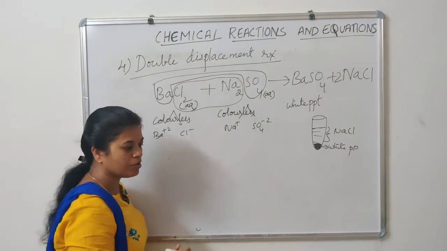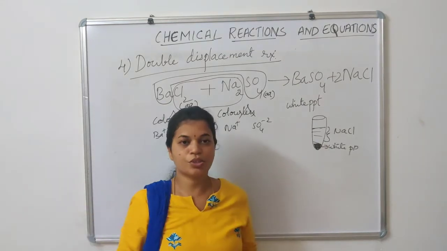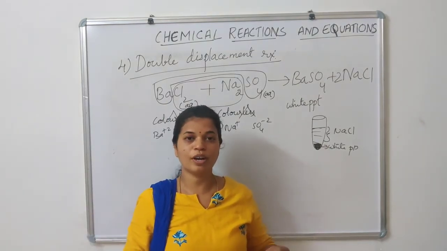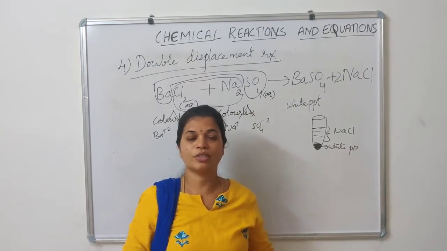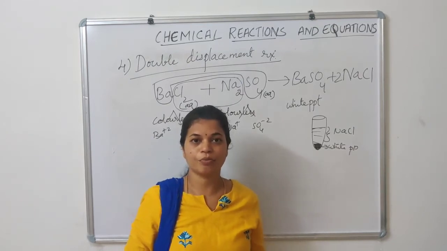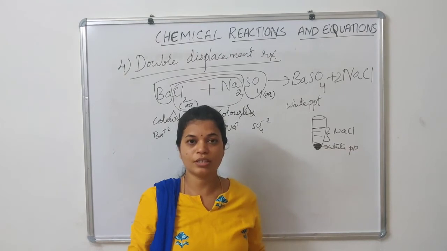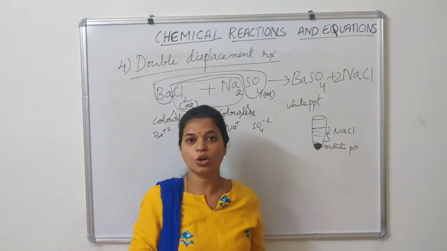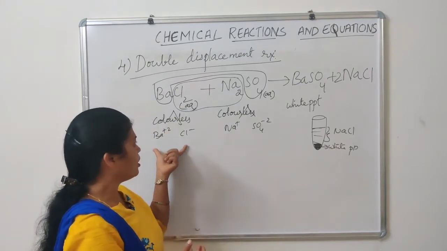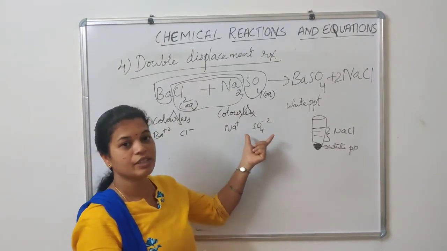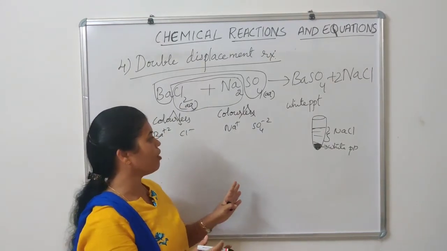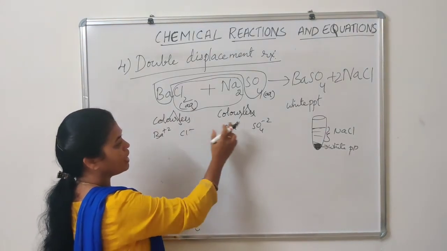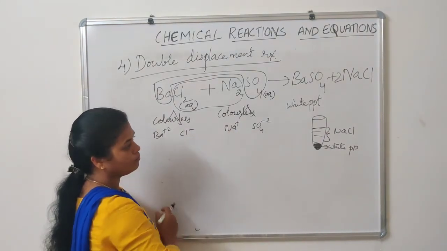Like for example, in a class you will sit together, but you may not be so friendly with the student or the friend who is sitting beside you. Also, when there is no teacher, or when you go for a picnic, you will go and sit with your close friends. Like that, here barium is so friendly with the sulfate, so it will exchange the ions when they come together. So barium sulfate and sodium chloride.